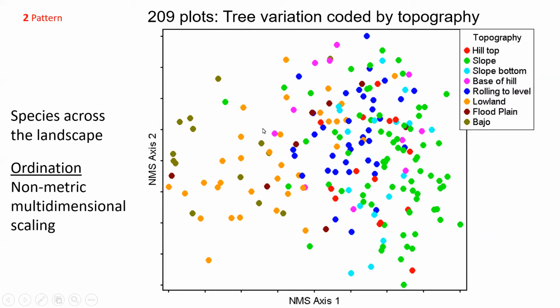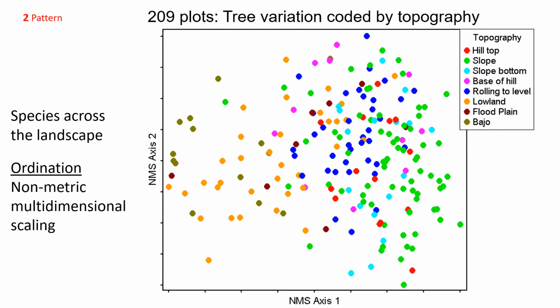So for example, these two plots here are close to each other in the array. That means that they are very similar in species composition. They're not exactly the same, otherwise the plots would be right on top of each other. And so these are kind of similar too. On the other hand, this plot here is really different from this plot up here. Perhaps they don't have any tree species in common. So this shows you the scale of variation across the landscape.